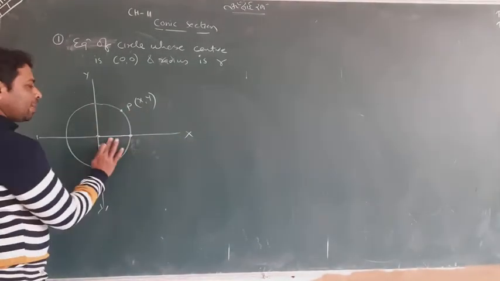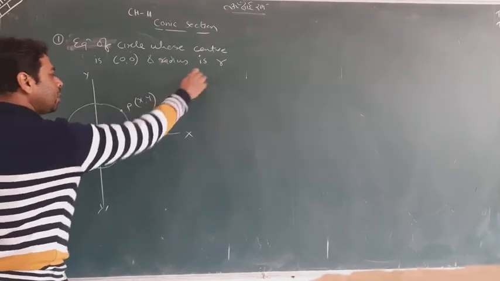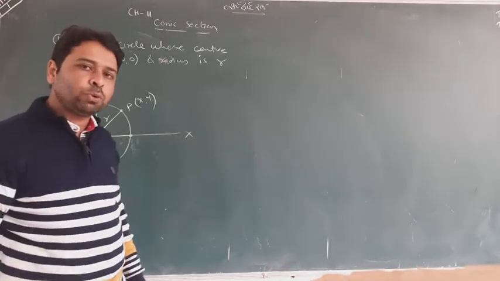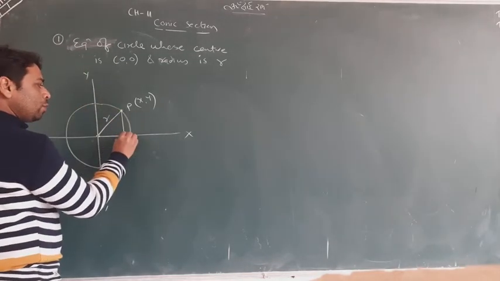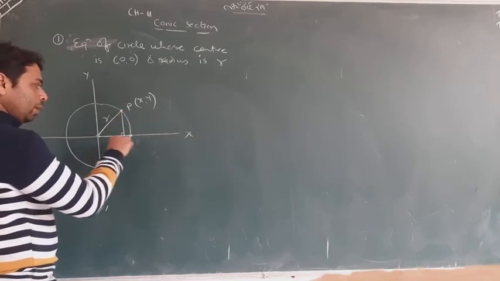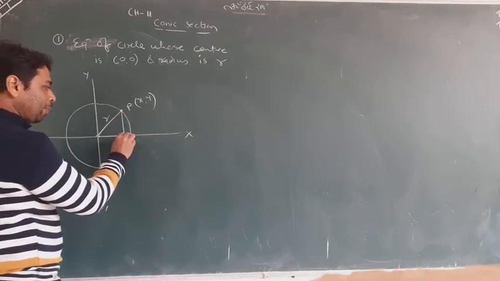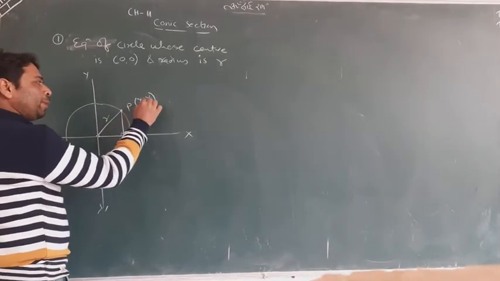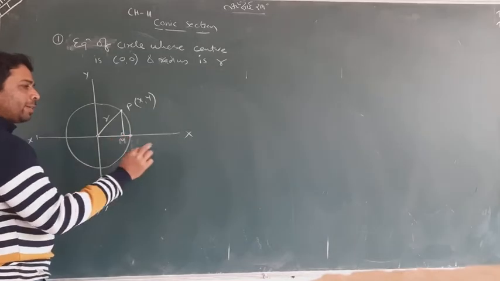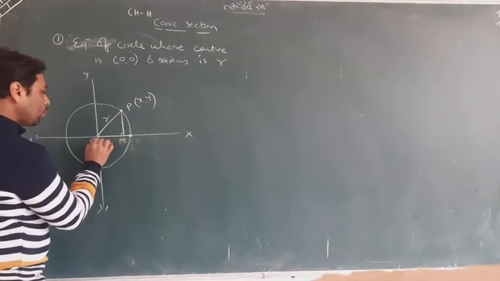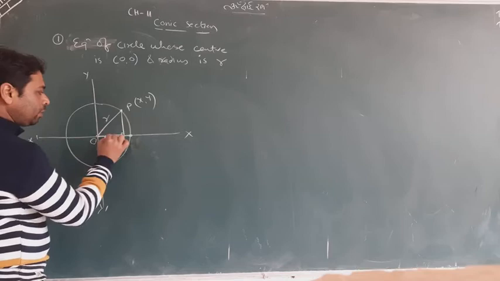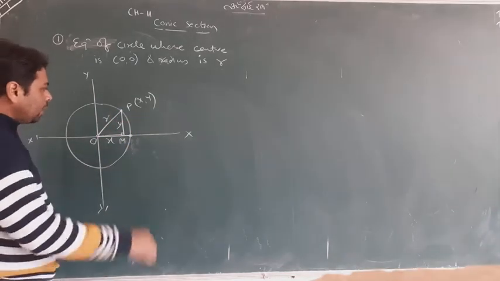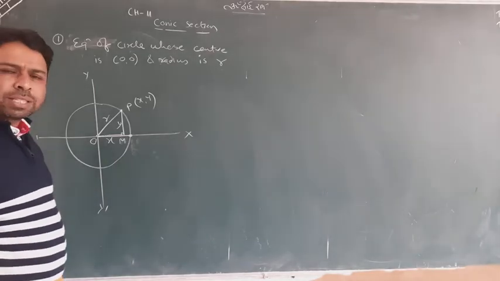Now if I join it, definitely it's going to be the radius r. Then what can we do? We will draw the perpendicular from point P to the x-axis. I name the foot M, suppose. When drawing a perpendicular from any point to the x-axis, it forms two distances from the origin. This horizontal distance is the x coordinate, and this vertical distance is the y coordinate. That's simple, and that is the thing by which we can get the answer.